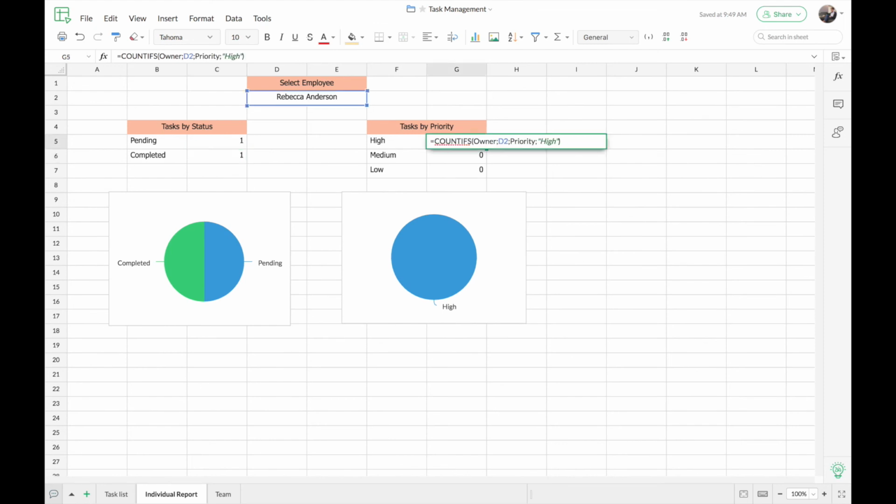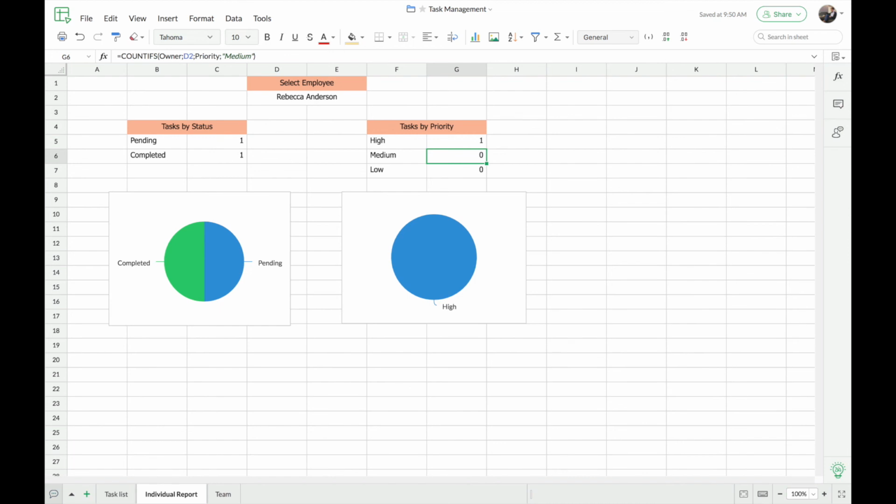So those tasks with the owner as Rebecca and priority as high will be taken into account for this particular value, and so on. You can also see that once I filled in the formula cells, the charts below also got auto updated. You can simply hover over the chart to see the value in that particular section. And apart from data validation and other features we saw, you can also use formulas and charts to make your spreadsheet more engaging and interesting.